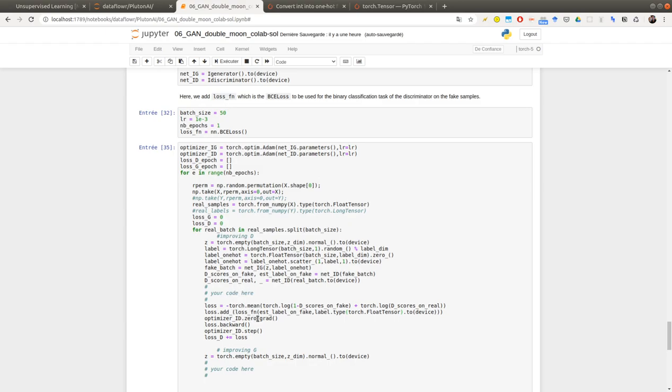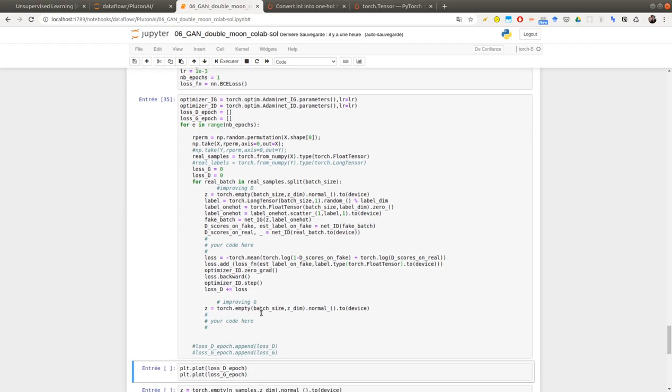And now I'm trying also to learn the estimated label, so this is the BCE loss here. So it should work. Now I need to do the same thing for improving the generator.